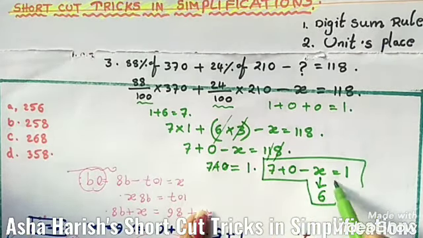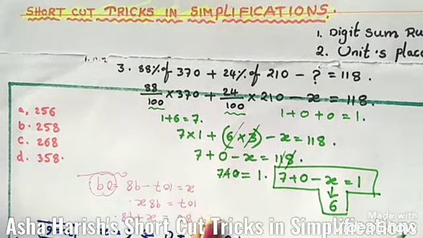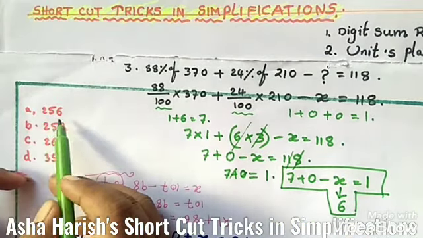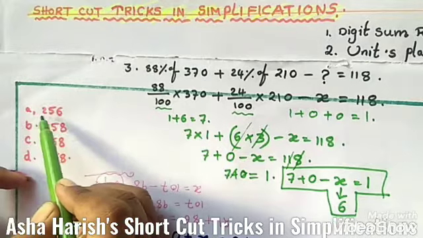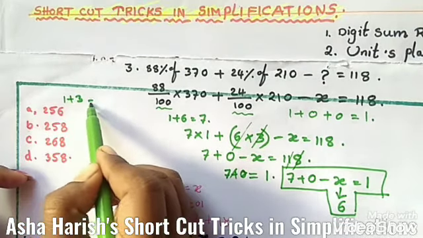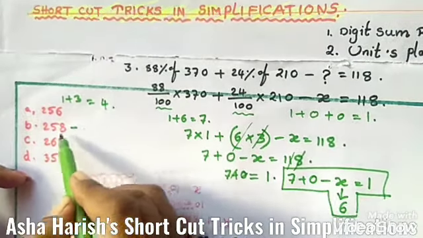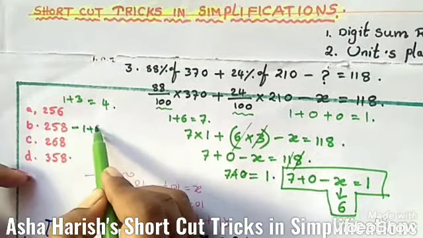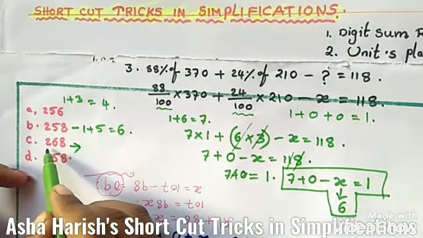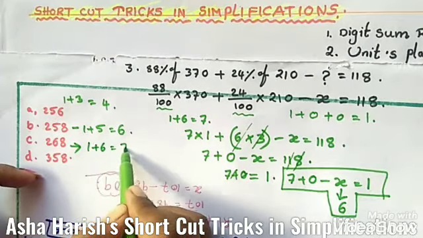So for this, what you have to do, you have to apply that digit sum rule in these options also. Here are the options 2, 5, 6. 2, 5, 6 means 6, 8 plus 5 is 13. 13 means 1 plus 3, 4. To this number, 8 plus 5, 15. 1 plus 5, that is 6. Here also the same. 8 plus 2, 10. 10 plus 6, 16. 1 plus 6, that is 7.